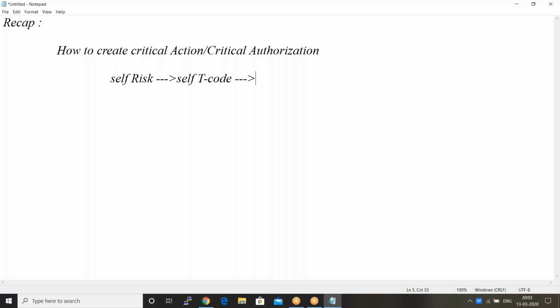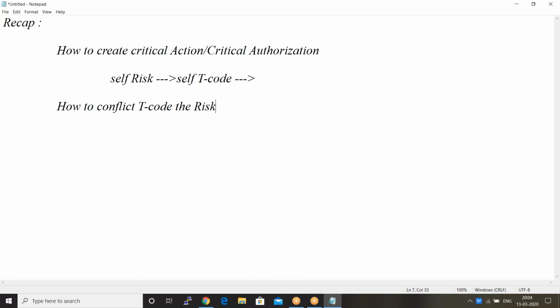Okay, so after that you discussed, now I know one transaction is okay, but two transactions are in conflict. So how do I make two transaction codes conflict? Then you have to make a risk.